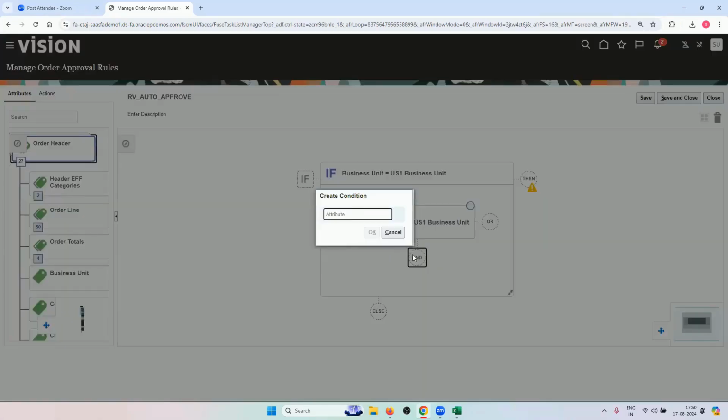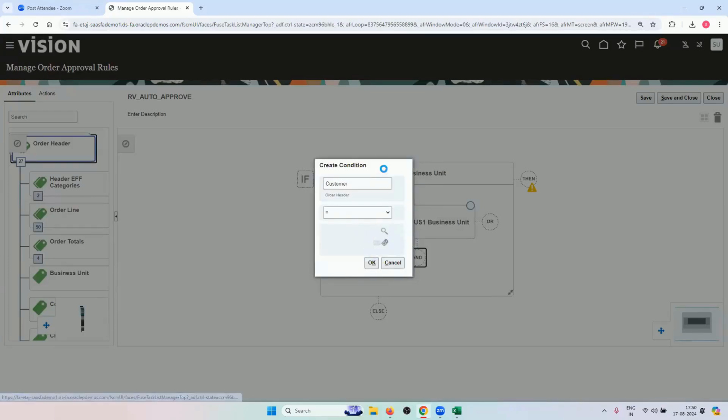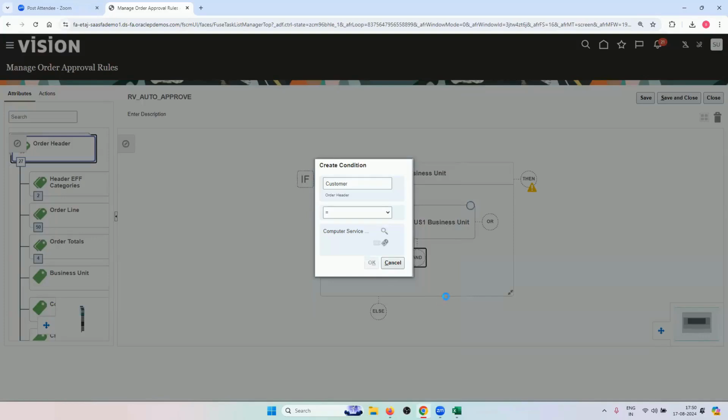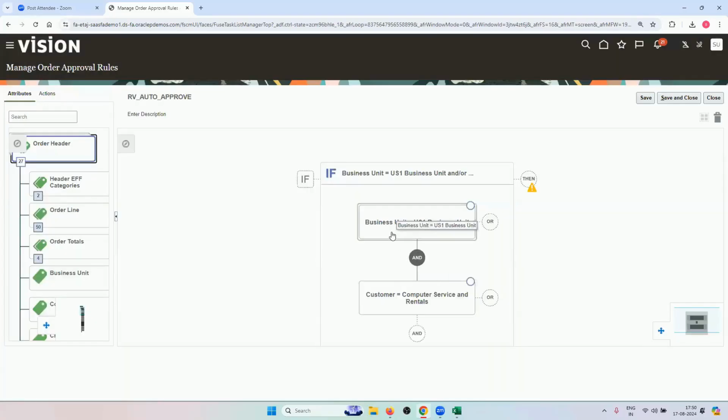Yes, double click over here. Now we will also add customer name to make it more granular. If the customer is equal to, we are using computer service and rentals. Choose the first one, click on OK. Click on OK again. So if the business unit is US1 business unit and the customer is computer service and rentals and